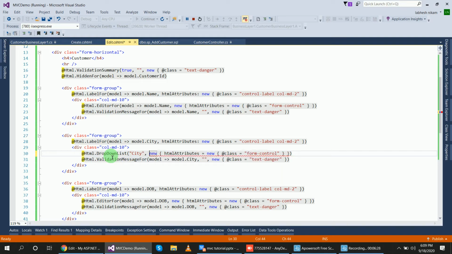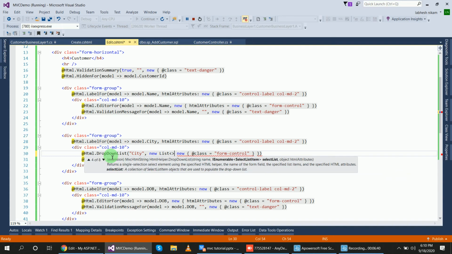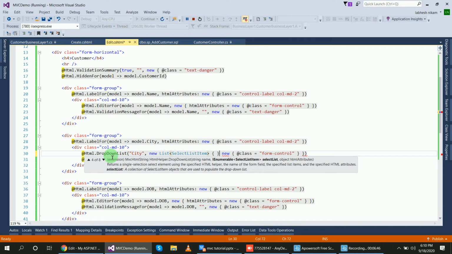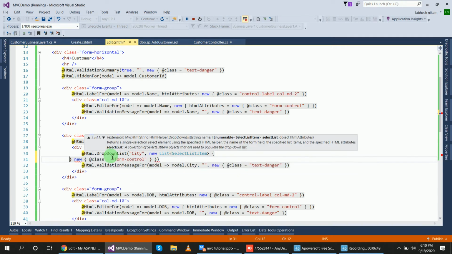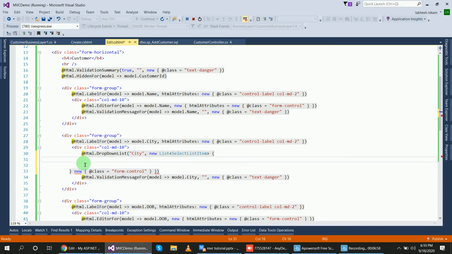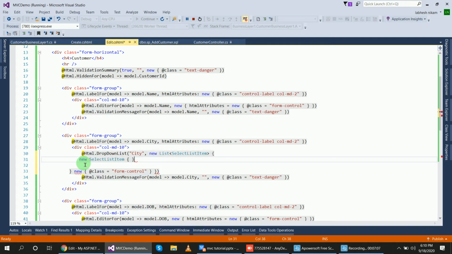Here we'll use new List of SelectListItem, and inside of that we'll create records, new SelectListItem, and then give the city names.